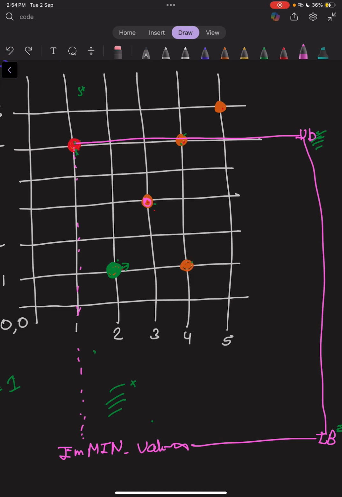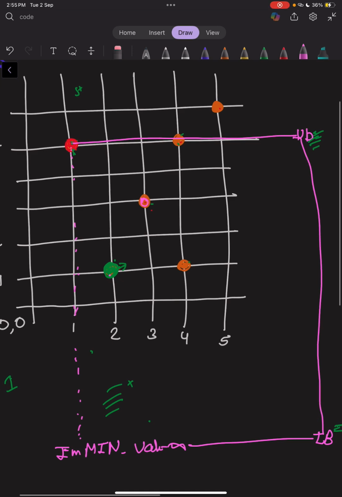So what we are going to do is, we will check what is the value we can set for the lower bound, because the upper bound is always going to be this. We just need to adjust the lower bound. So the lower bound now will go to this place. Why? Because